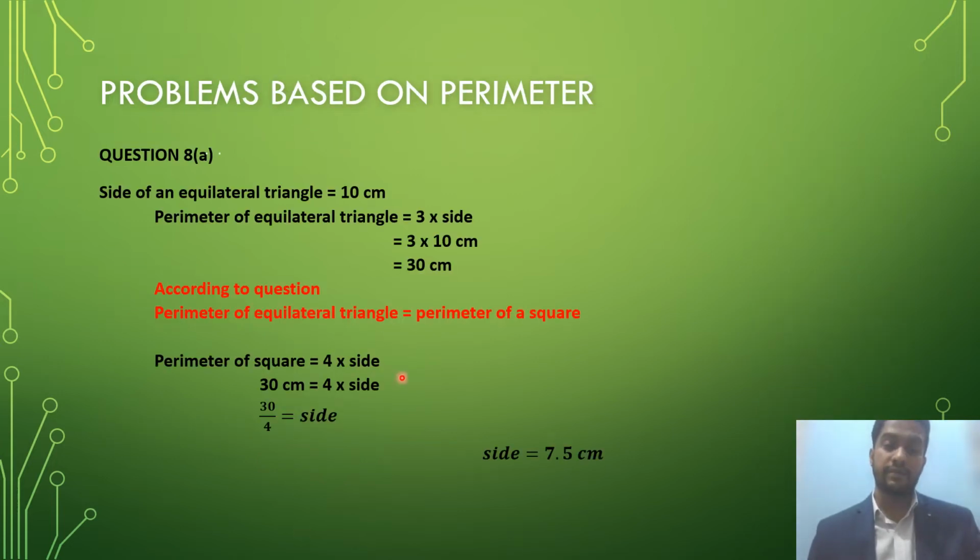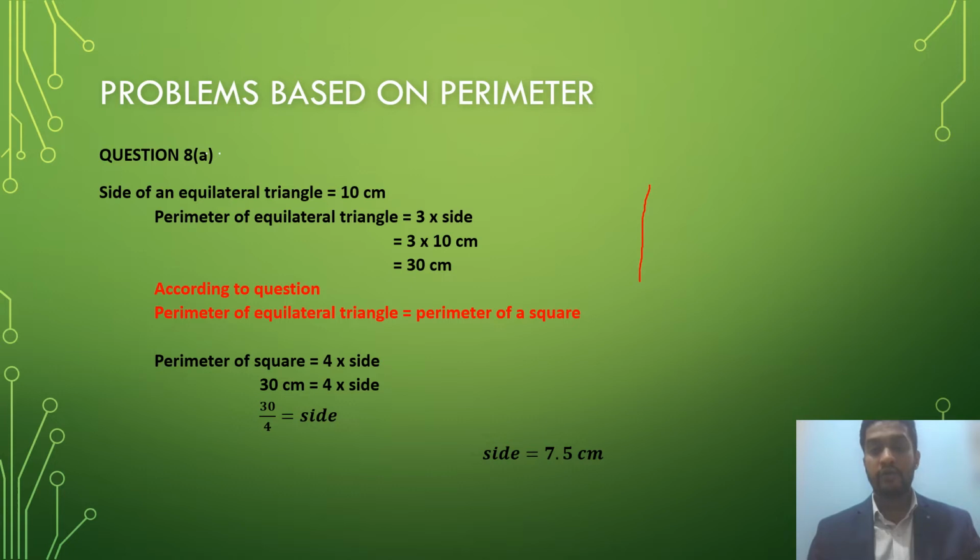Question based on perimeter. This question is given in your exercise 1A, question number 8a part, where each side of an equilateral triangle is given as 10 centimeter. If its perimeter is equal to that of a square, we have to find the side. Okay, so the question is,